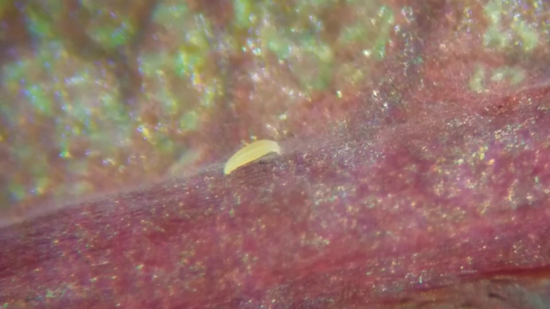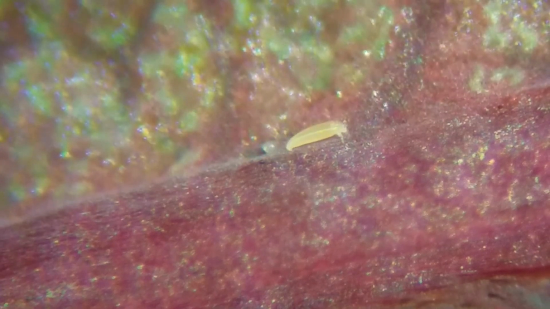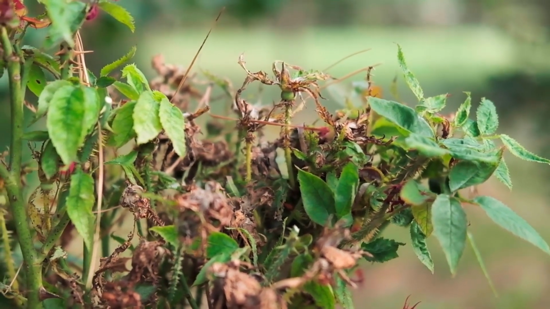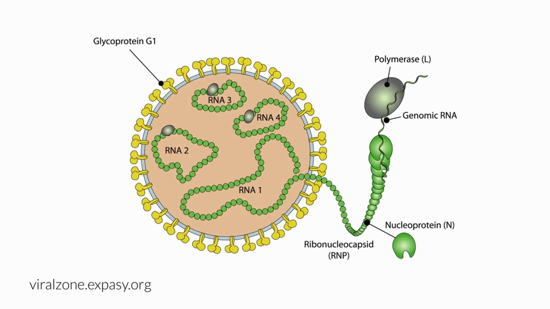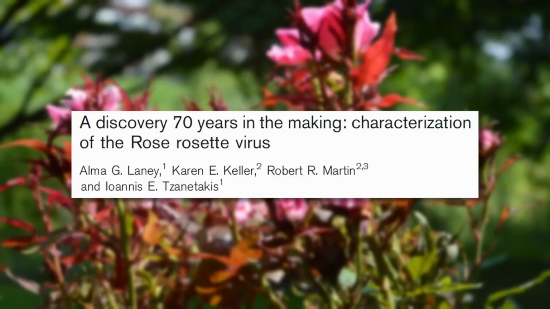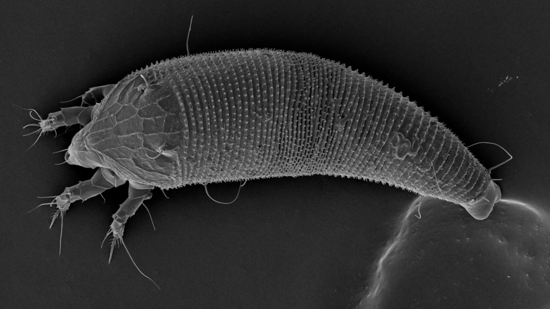Those mites carry the virus inside of them, and when they feed on a new, healthy rose, they transmit this virus to the new plant, which eventually kills that rose within 2 to 5 years from the infection. For 70 years, we didn't even know what was causing rose rosette disease. This changed in 2011 when the causal agent, rose rosette virus, was identified in our lab in Arkansas by Professor Yannis Tzanetakis and his student. And Phyllocoptes fructiphilus is a confirmed vector of rose rosette virus.